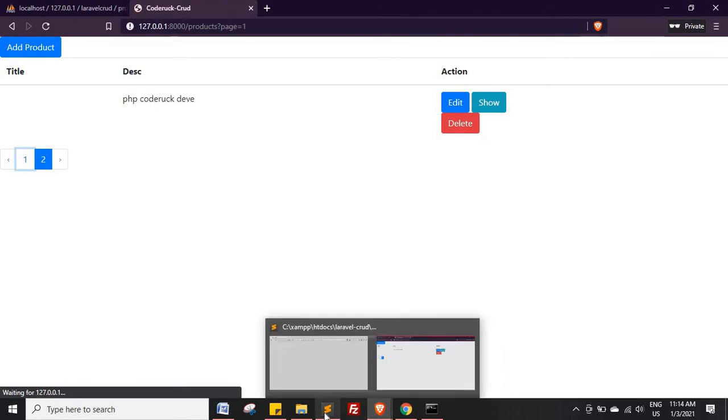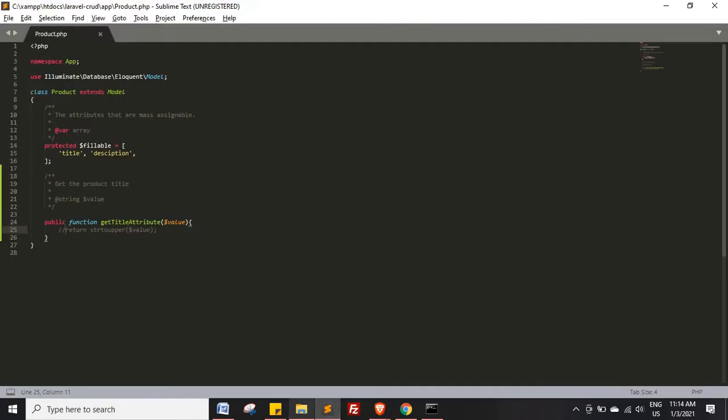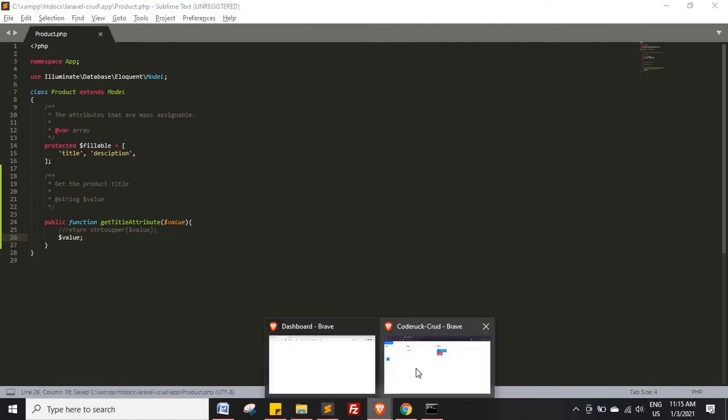Sorry, you have defined your accessor, so you must return the value. If you don't, then empty will be sent. Because if you have defined this method, that means you are accessing your data and manipulating something, so if you don't return anything, it will return blank. If you want to return the same value, you have to return something. So I will return whatever value is coming.